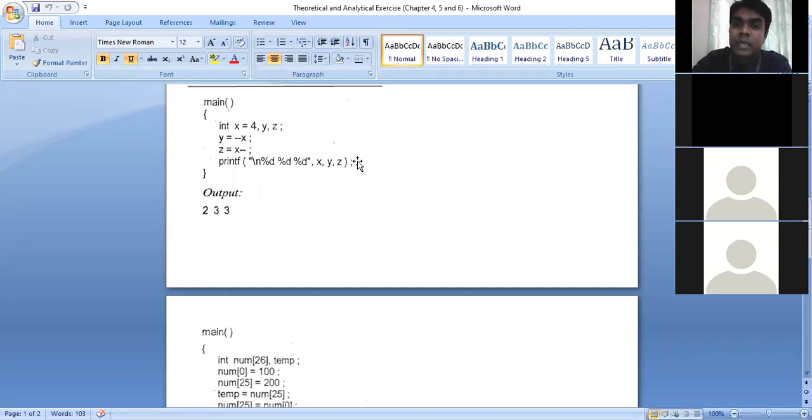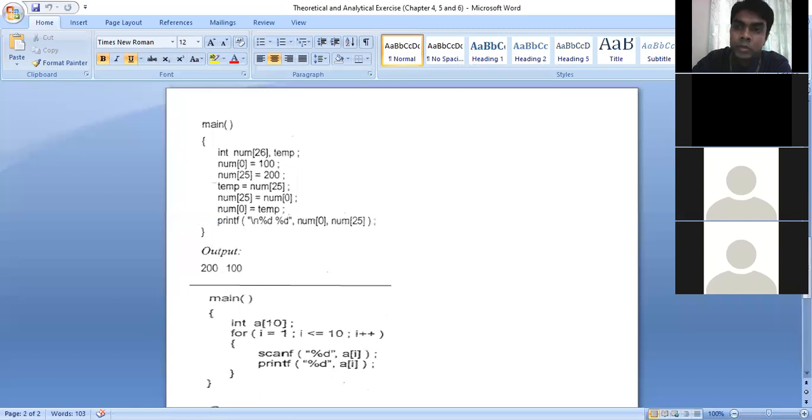So I think already you have an idea how we can calculate pre-increment or pre-decrement, post-increment or post-decrement. So this is the result. Execute the program at your home and try to match the result with it. Then you will understand. I'm not solving it now. This is your home task. Do it. Then again, here we have another output. We have to find out the output.